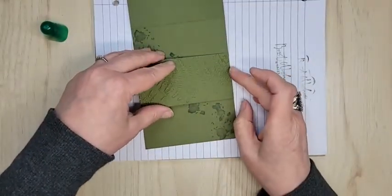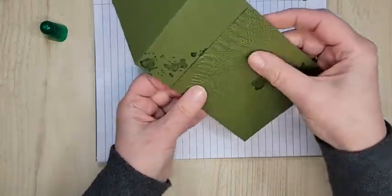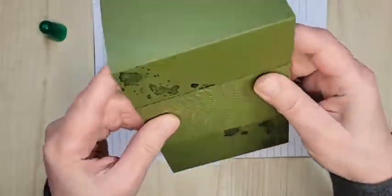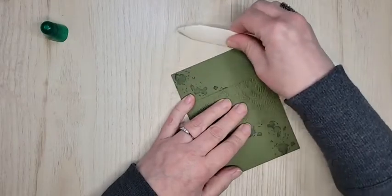Alrighty, I'm just going to open that up. And I'm not aiming for center, it's just going to go where it goes. If it's high, it's high, and if it's medium, it's medium. And then the thing with me when I'm doing side to side is I always like to turn the card. There we go. Okay, I'm going to move this out of the way for a moment. I'm going to give that another...